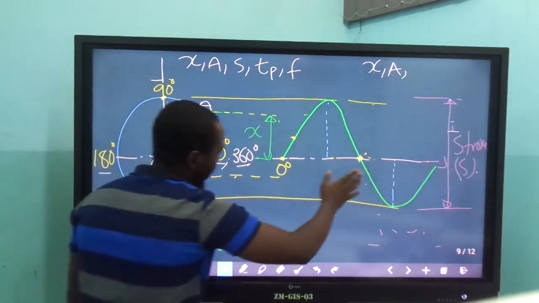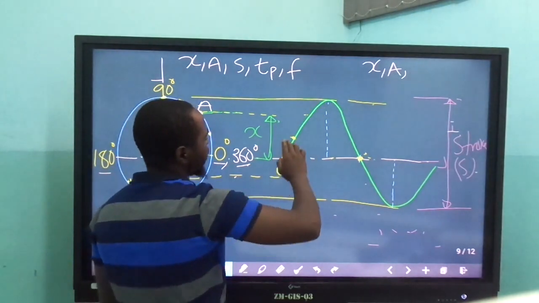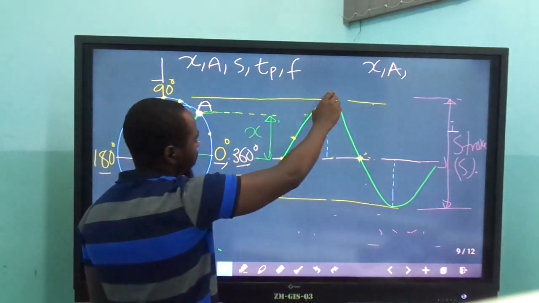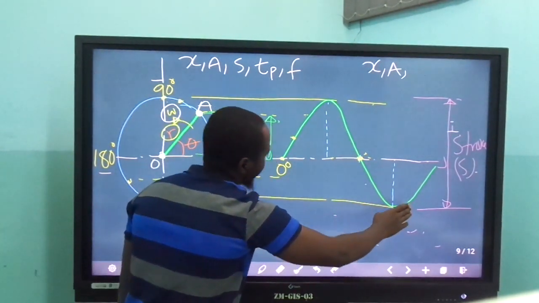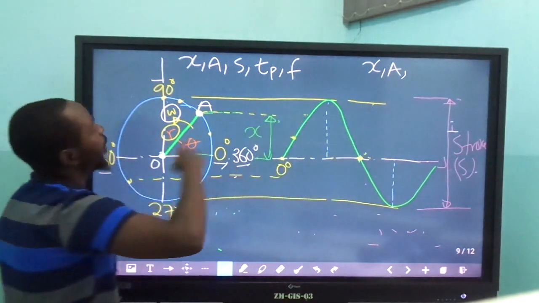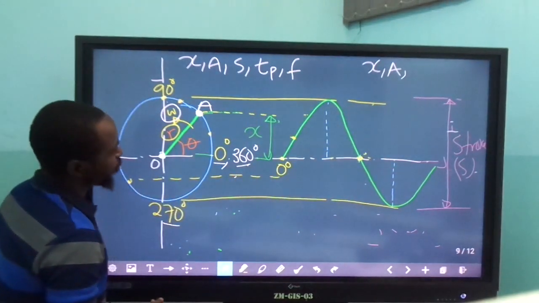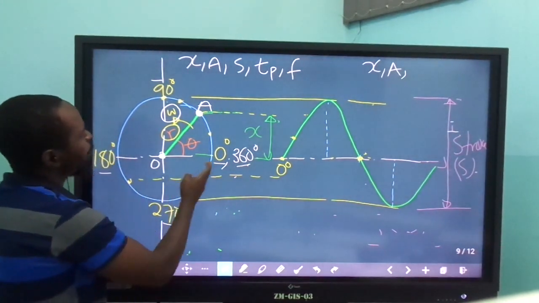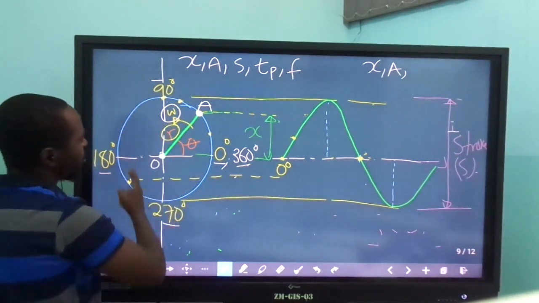Now as time moves, the displacement is going to increase until we reach the maximum, drop, we get back to 0, increase until we get to the maximum, and as we go on, that cycle continues. Now, to make a complete circle, when we start at point 0,